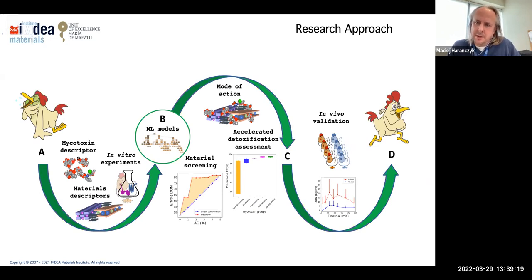We will have some material descriptors, like the one I mentioned earlier that describes nanoporous clays, and we have in vitro experiments that measure performance of those materials in this application. We want to build random forest models that predict efficiency and adsorption for those materials, and use those models to screen different compositions of a composite material based on various nanoclays. And for final candidates, we will do testing.